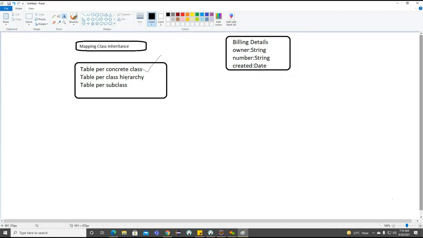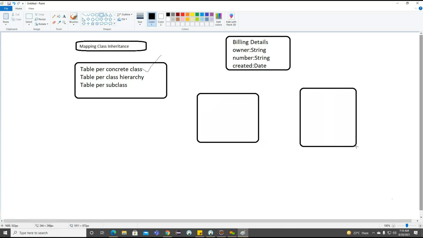Now if you observe carefully, we are discussing the table for concrete class here. So how are we going to write this? This is our superclass, and these are the two subclasses here.